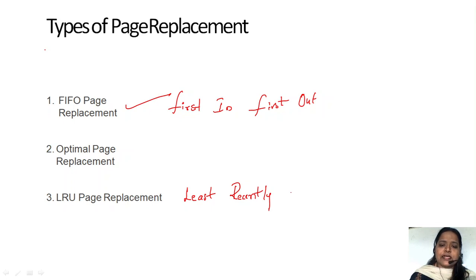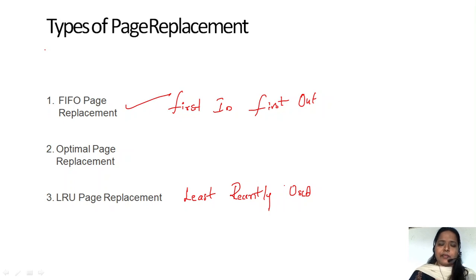These are the three page replacement algorithms we use to decide which page to remove from the main memory, so that we can give space for the new page onto the main memory.